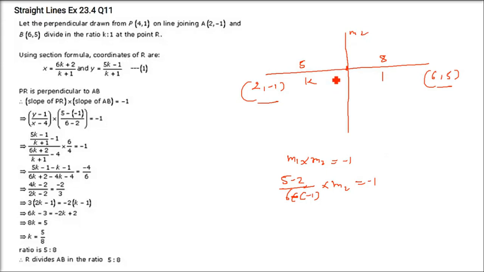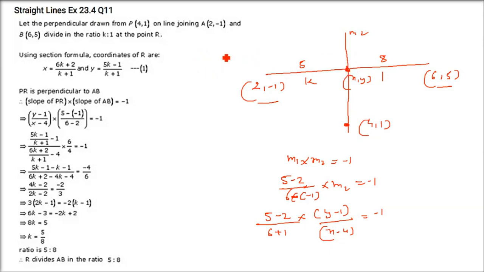Now let us say the perpendicular line is intersecting at x, y. And since the line is drawn from 4, 1, we can find out the slope. So the slope will be 5 minus 2 by... which is essentially 3 by 4 only. No, it's not 6 plus 1. This is 3 by 6 minus 2. So 3 by 4 it is. And the slope of the other line is y minus 1 by x minus 4.